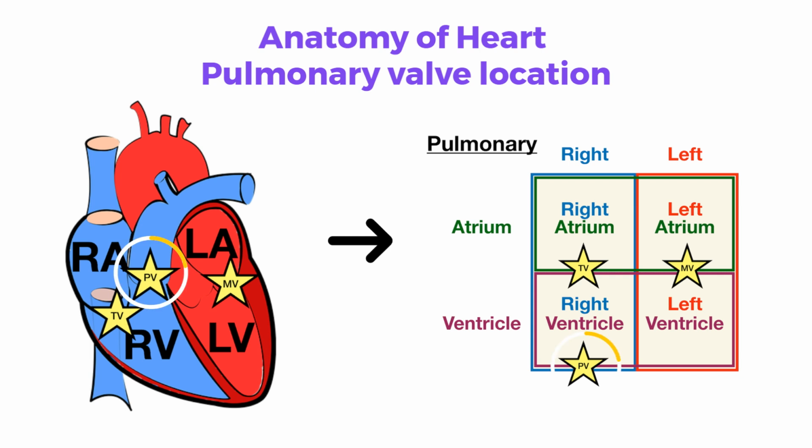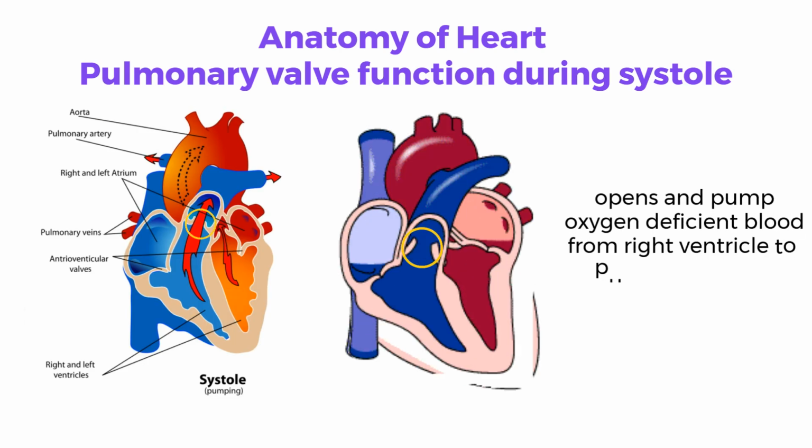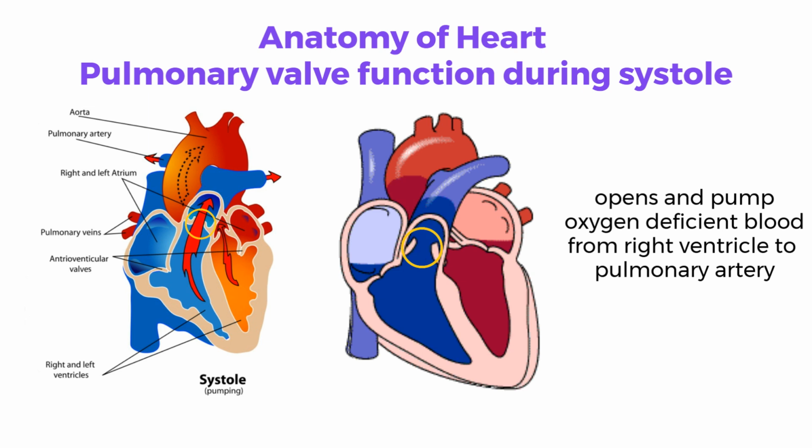The pulmonary valve is located on the right side of the heart between the right ventricle and the pulmonary artery. We will discuss the pulmonary arteries shortly. The function of the pulmonary valve is to open to pump the deoxygenated blood from the right ventricle to the pulmonary artery during